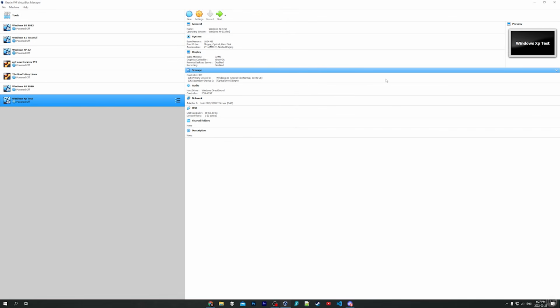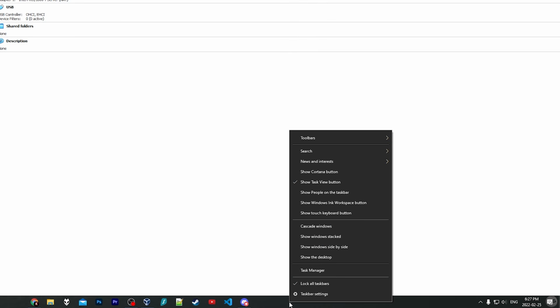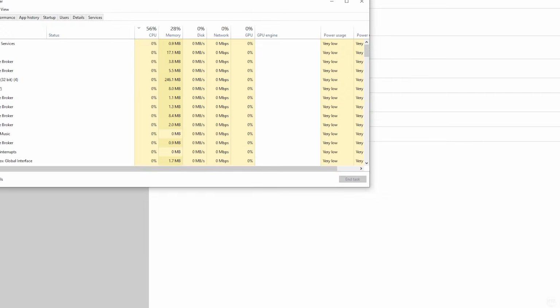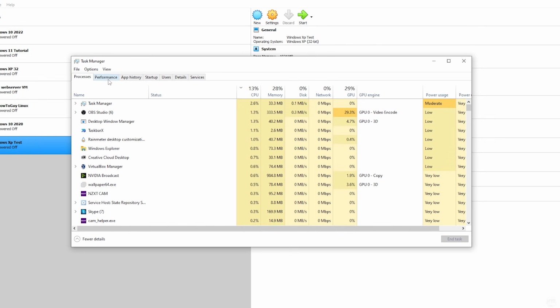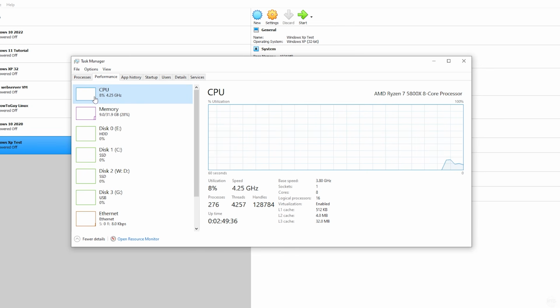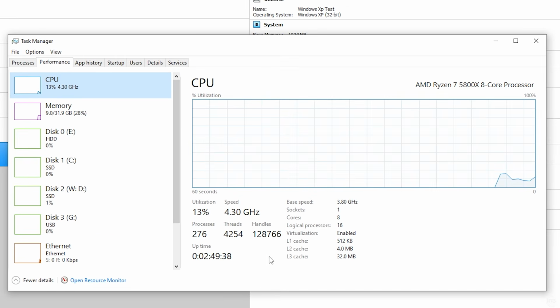So to check this, we're going to need to open up Task Manager. On Windows 10, you can just right click on the taskbar and then click on Task Manager to open it. Now come over here to the Performance tab, then click on CPU. And here we can see a bunch of information about our CPU. Just come down here to where it says Virtualization, and if it's enabled, we're good to go